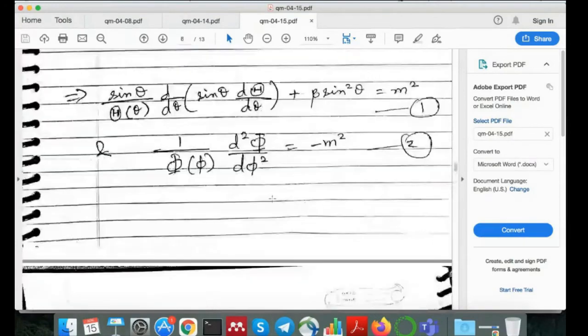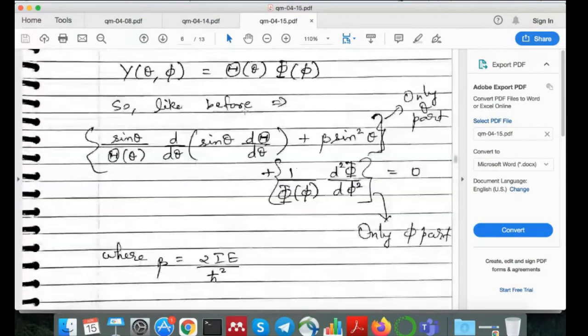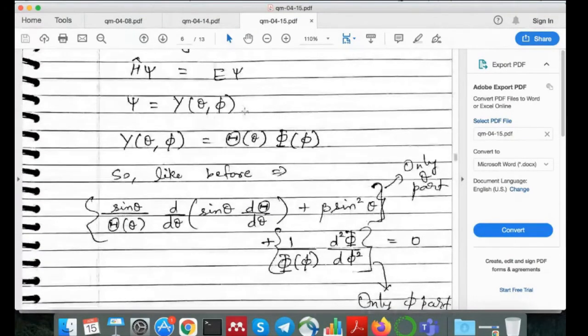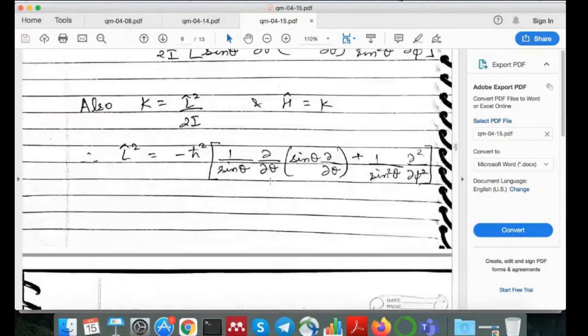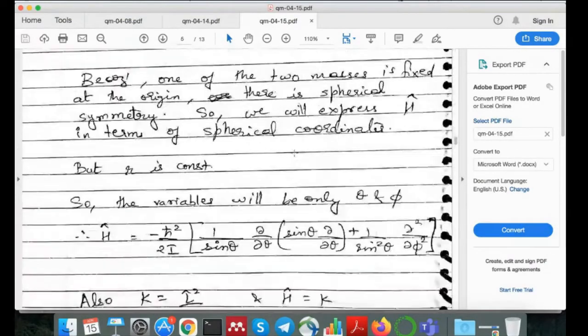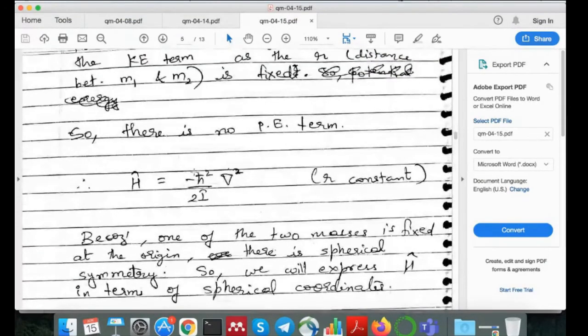And you should also learn how to solve these problems. In the sense, you should broadly know what the steps are that you need to apply separation of variables. What is the Hamiltonian for such a system, that you should know, right? Basically this Hamiltonian, because the Hamiltonian is the main thing. So for every problem, the Hamiltonian is what changes, and that leads to different energy and wave function formulas, right?